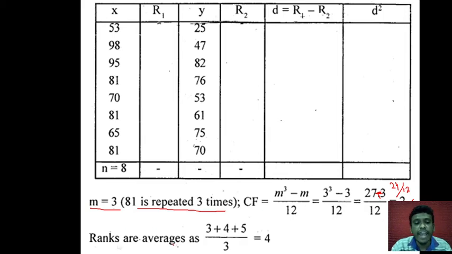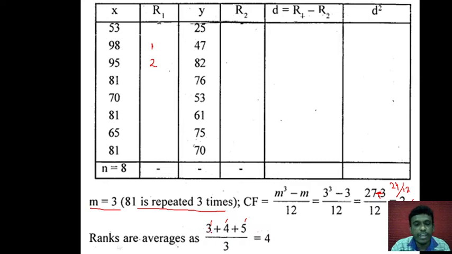Now ranks are averages. We give average rank, I have said. So what are these ranks? First rank is here, second rank is here. Now we want to give third rank, but there are 3 people tied. So what would have been the ranks if the ties would not have been there? One would have got third rank, one would have got fourth rank, and one more would have got fifth rank. These 3 people who are tied at third rank would have got third, fourth, and fifth rank if ties were not there.